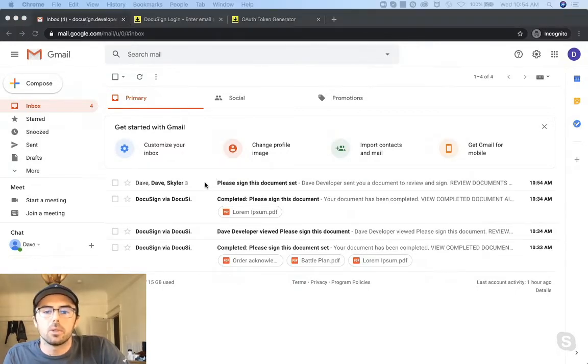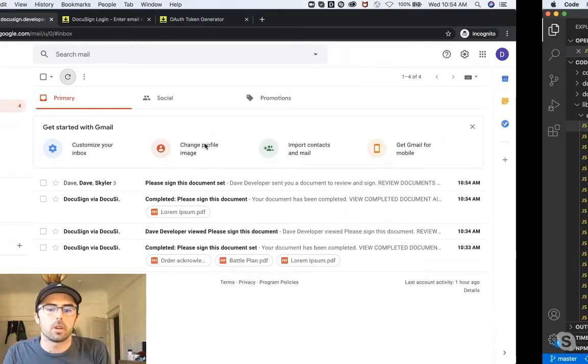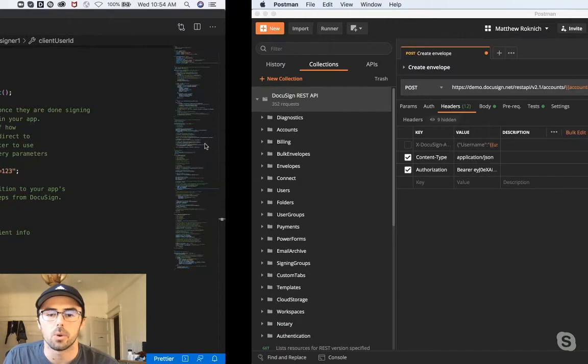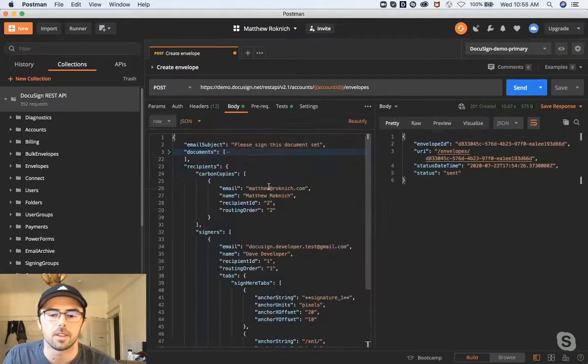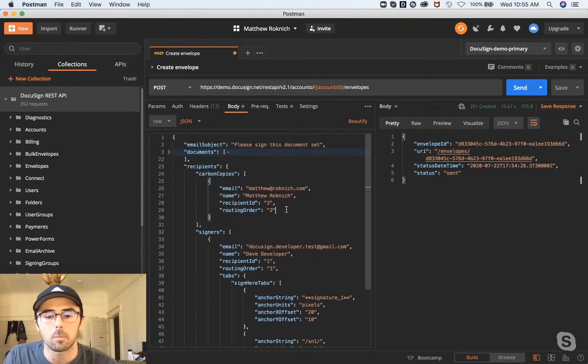Common things that I do in Postman: I will go and fiddle with the envelope definition. So in here, if a developer is having issues with tab types, usually it's because they're not specifying it correctly, or they're using a different object model. They're using composite templates or templates. Again, if you want to get more complex, there are a variety of different features. If you're interested in templates, we have guides on templates. But for the most basic flows, this is totally fine.